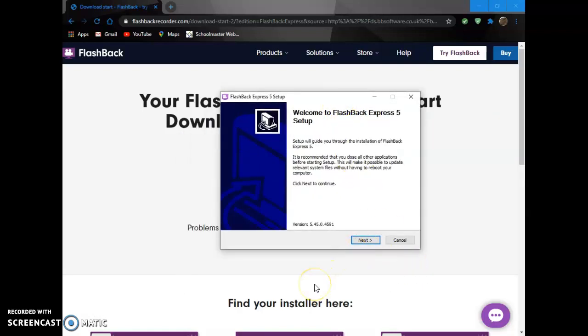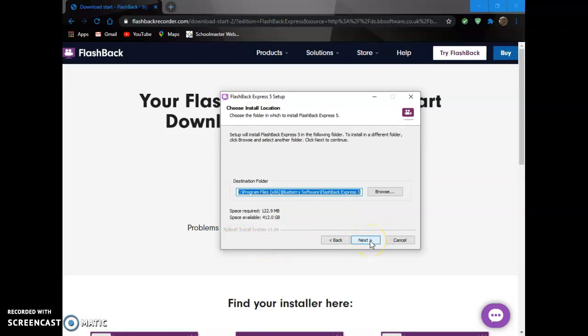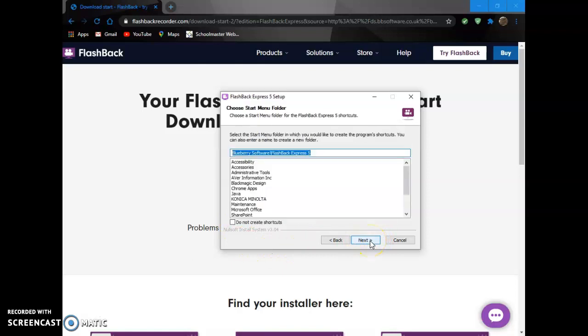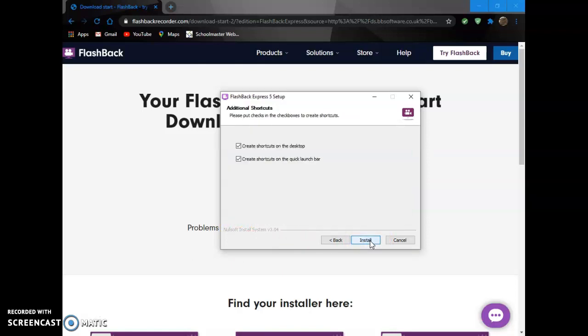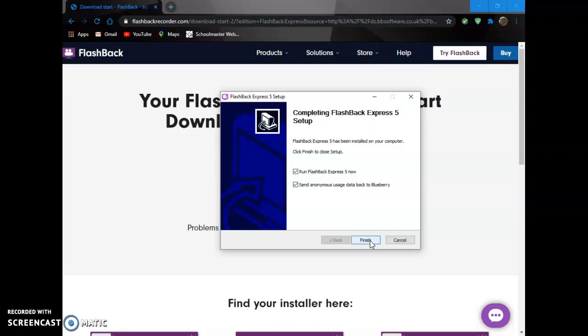Everything's popping up on my other screen here, but you select Next. You accept the terms of the license agreement, and you basically just keep clicking Next, Next, Next, Install. It installs it. You click Next, and then I want to run it now, and you can choose whether you